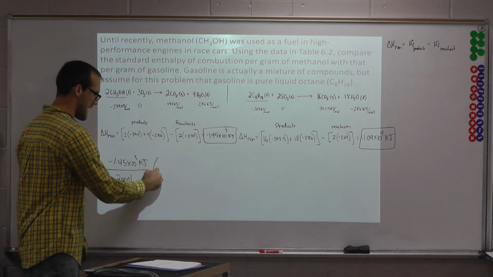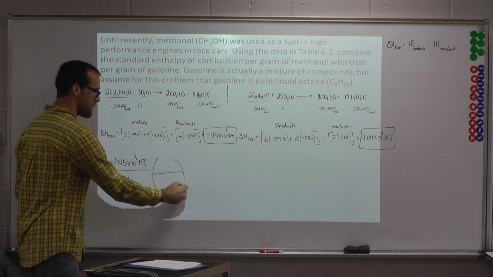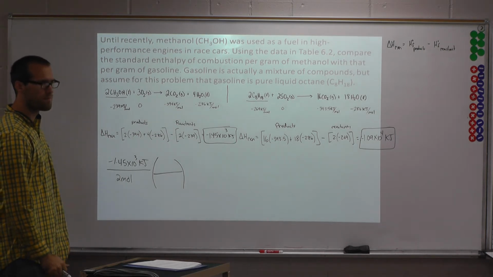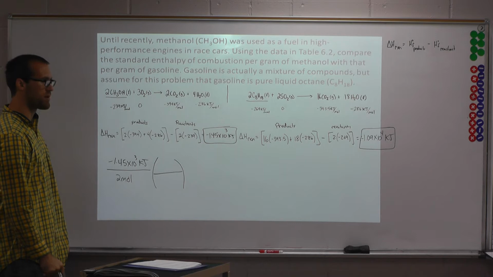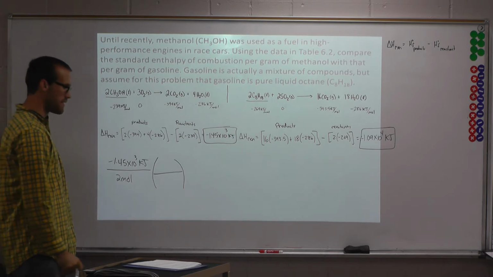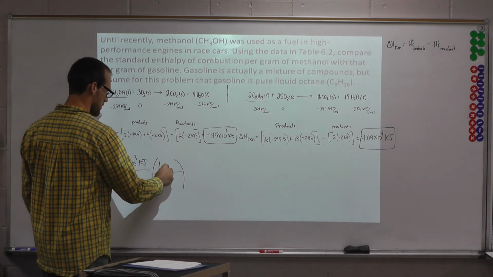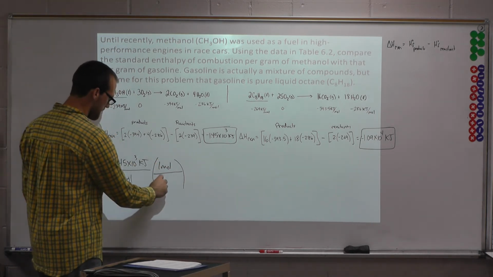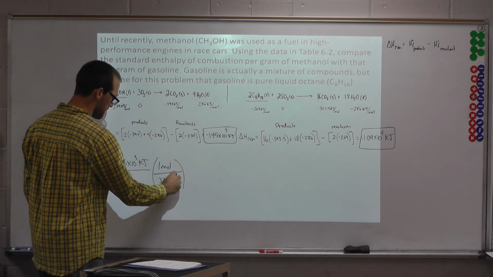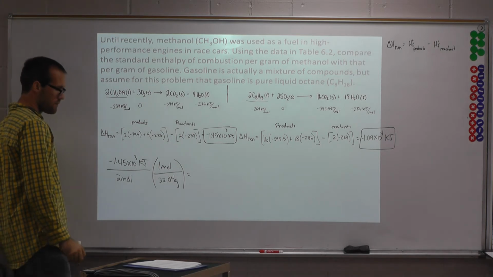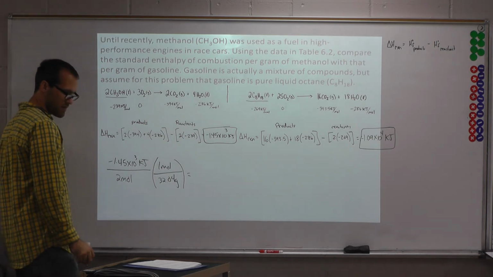Then I'm going to take that and get it per gram by plugging in what? How am I going to get this to per gram after I've got per mole? Molar mass. And I'll give you the molar mass for time purposes. Okay, that should give you